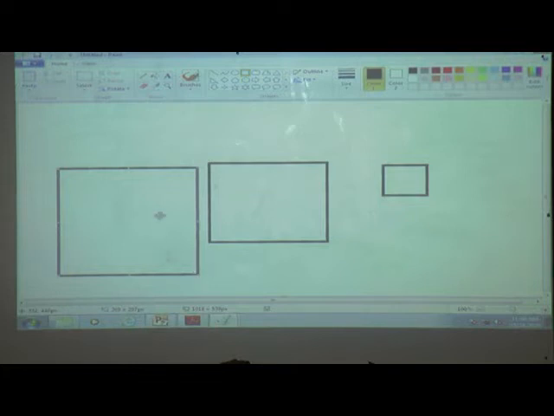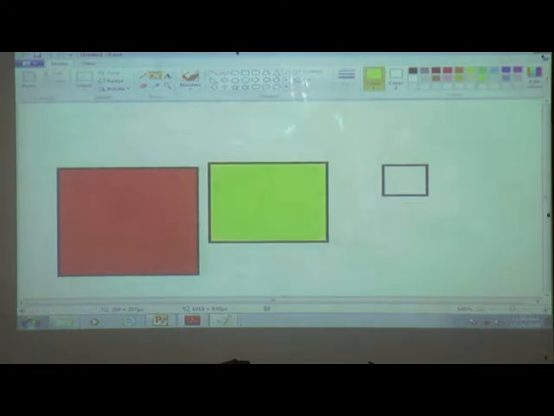Now how to give the color? The tool names and their use we will see in the next chapter. It is the fill with color tool. How to do this?